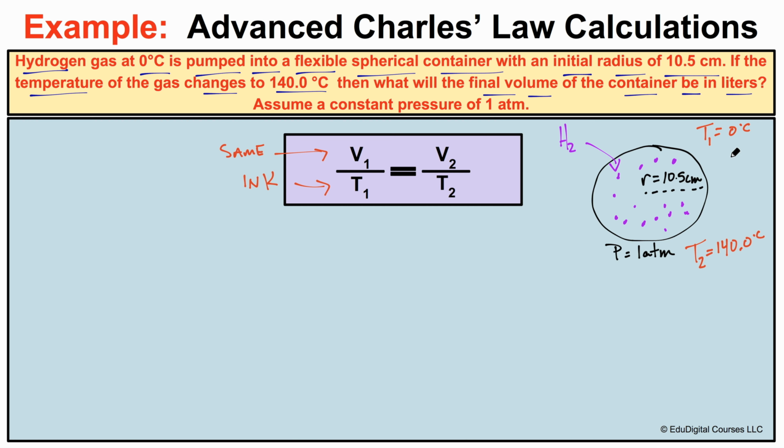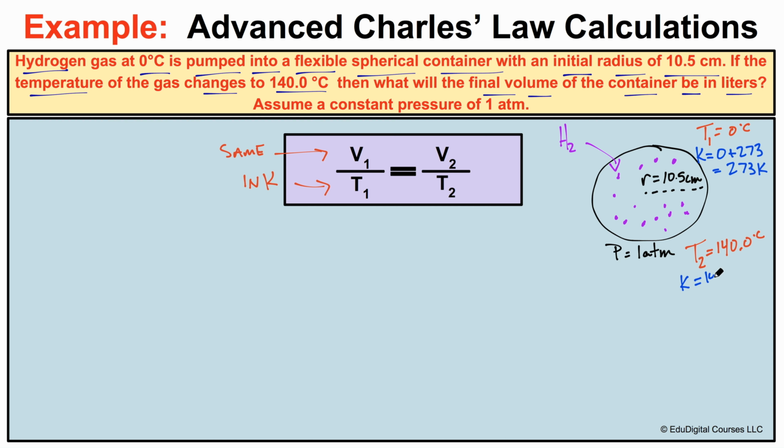before we can plug any numbers into this formula. And so if we take a look, we can see that the initial temperature is 0 degrees Celsius. So what is 0 degrees Celsius? How do we figure out the Kelvin temperature here? Well, that is very simple. All we need to do is take the Celsius temperature, which is 0, and add 273 to it, and that's going to give us 273 K. So T1 is 273 K,